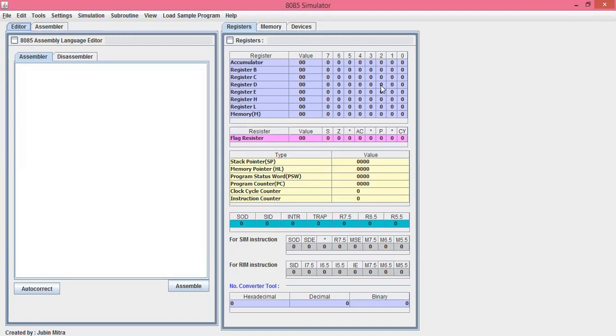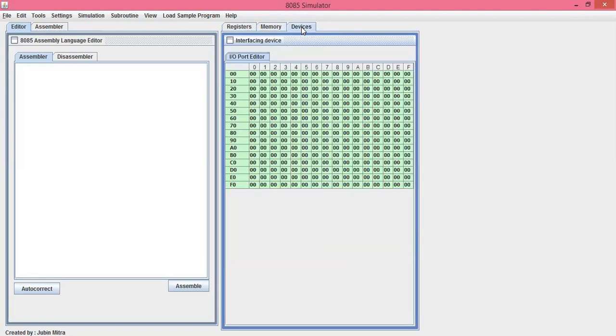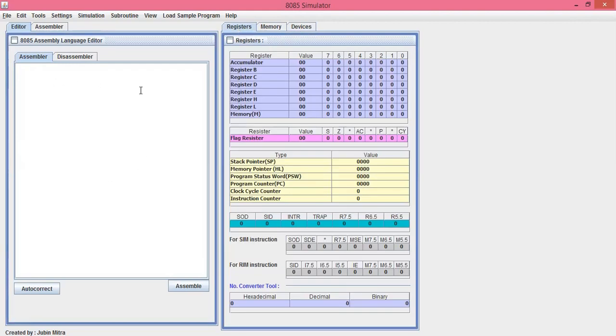Now moving on to the tabs. The registers tab shows the registers. Then this is the memory tab, which shows memory addresses. जब भी हम कोई program execute करके result को memory location के अंदर store करते हैं, it represents that. And this tab is used for the devices. Now moving on to this portion, this assembler portion is used to write the code. हम अपनी programming इसी area में करते हैं, and finally we run the program, which is displayed on the right hand side.